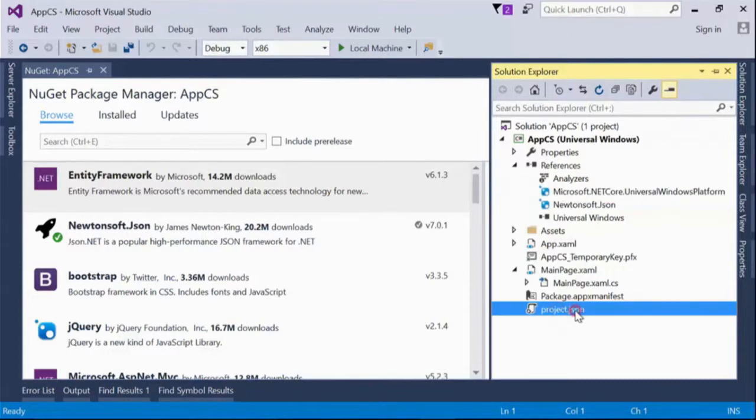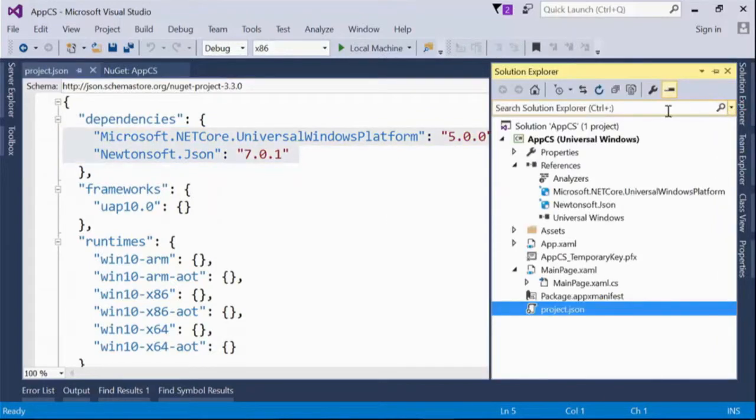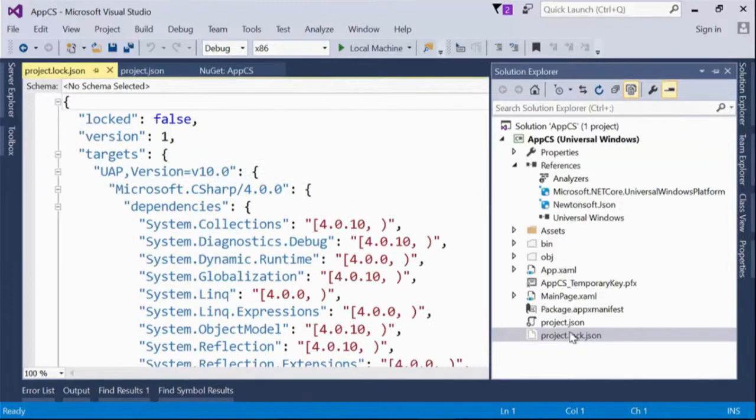Look at this file, project.json. That's what NuGet 3 uses instead of packages.config. It has these dependencies that are just a list of NuGet packages. And if I show hidden files, it shows this additional file,